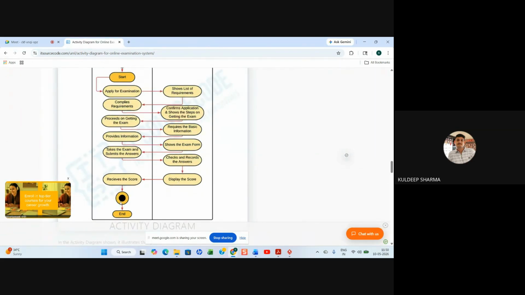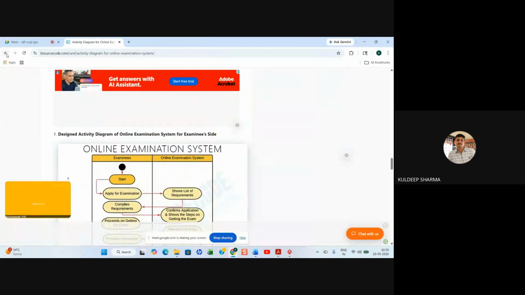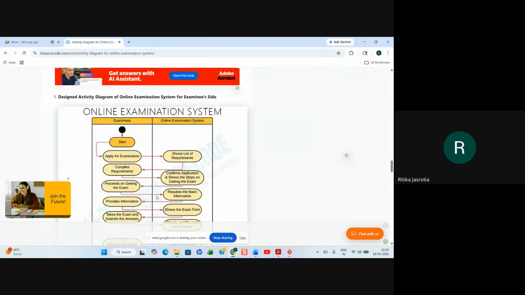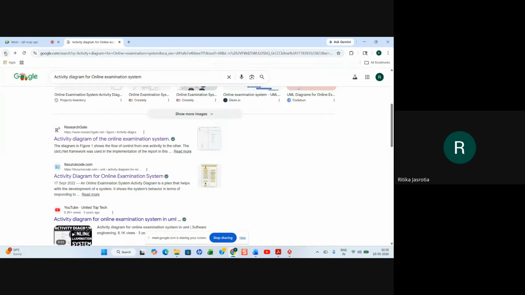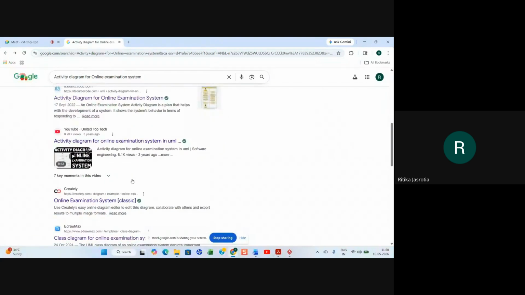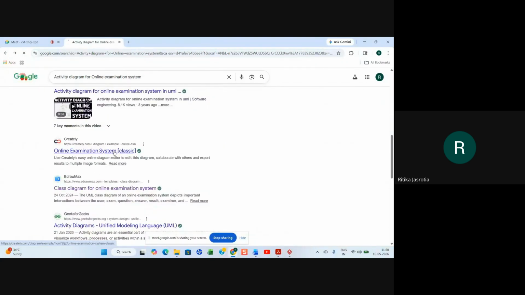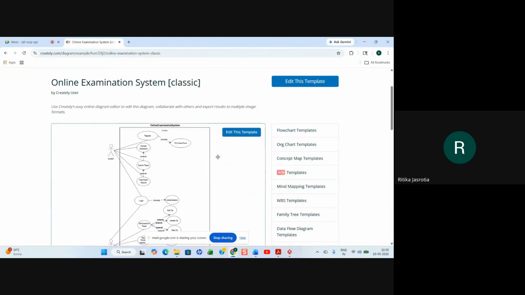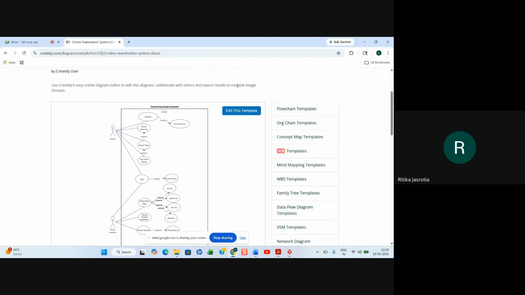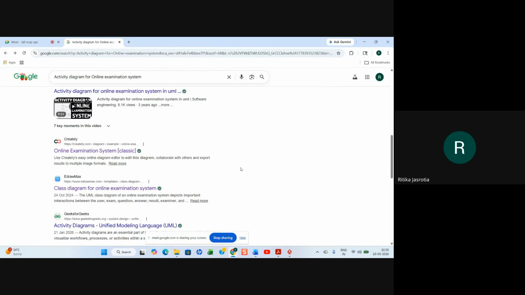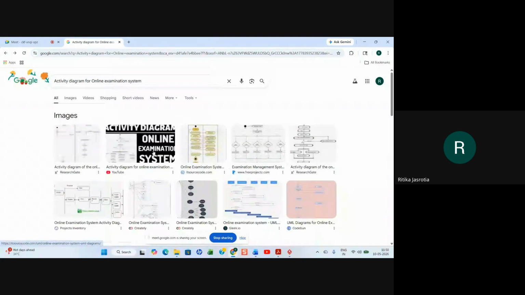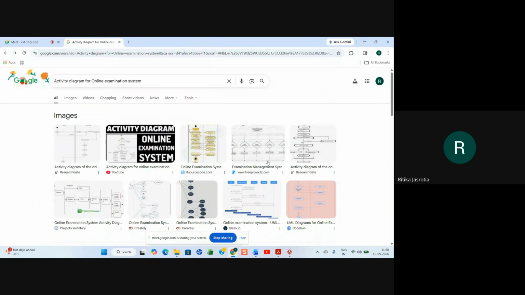Yes, ma'am. It is almost the same, but it is one below the other, so it has become very long. Yes. These are sideways. Under each other. So they have made it sideways; it is nothing special, you have to look at it in your own way. What Creately has made is okay. This is a use case diagram. Okay, so these are some of the examples online.